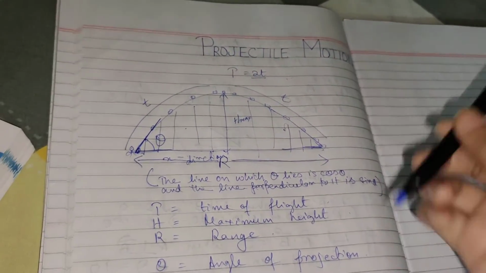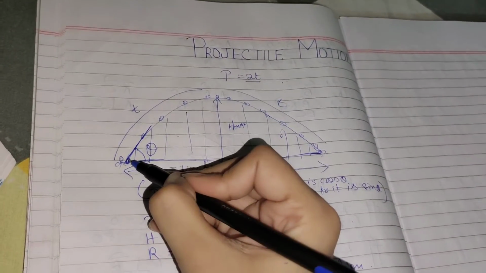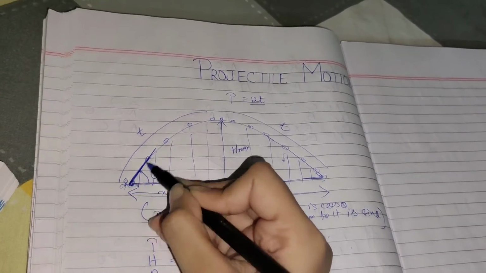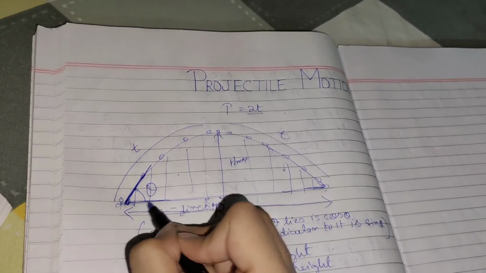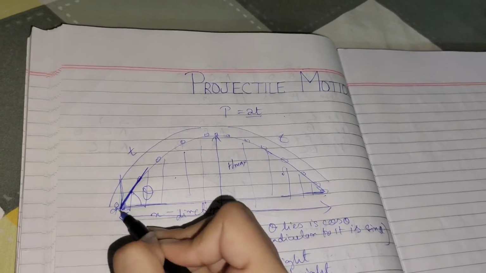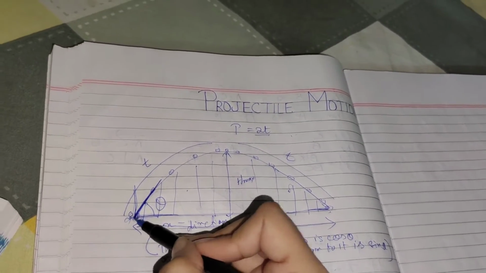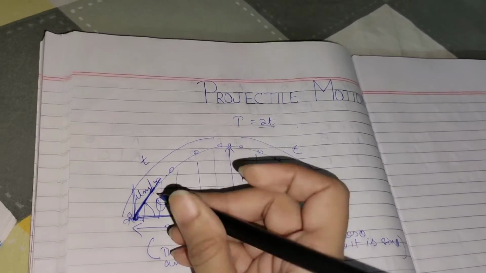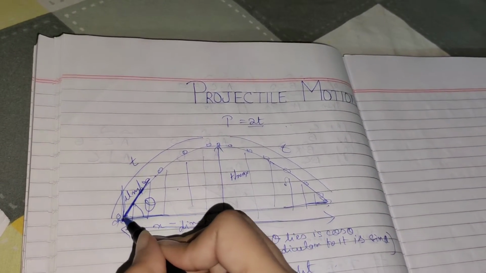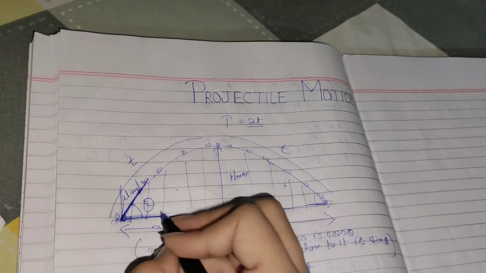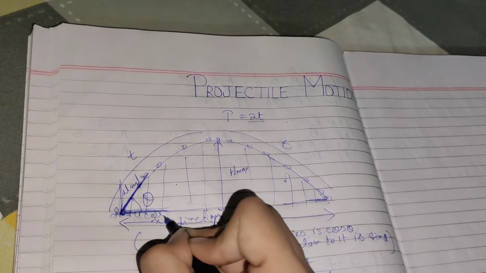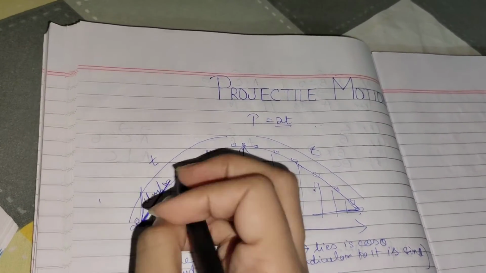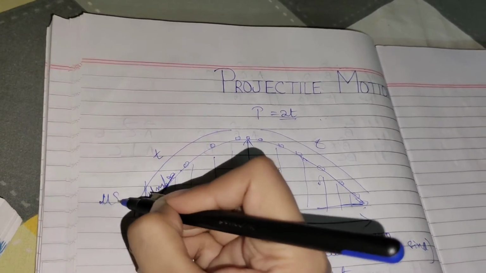So when any object is thrown in this direction, we would have its components. Suppose the initial velocity is u meter per second. What will be its components? Along x direction, it would be u cos theta. Along y direction, it would be u sin theta.